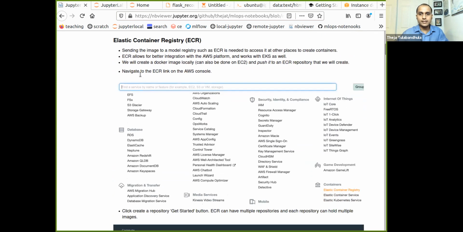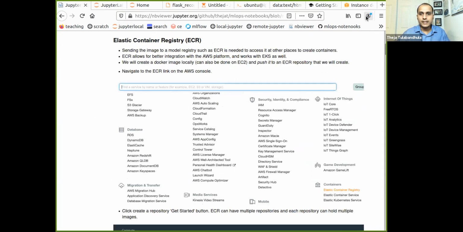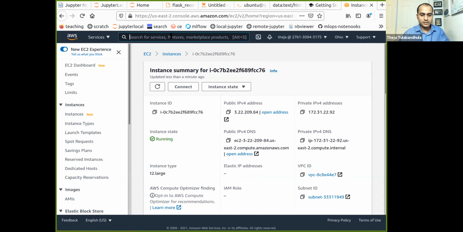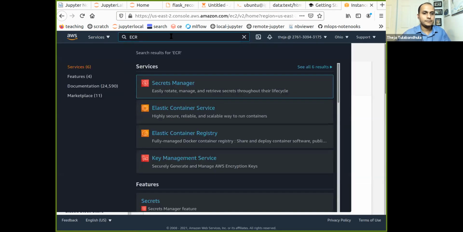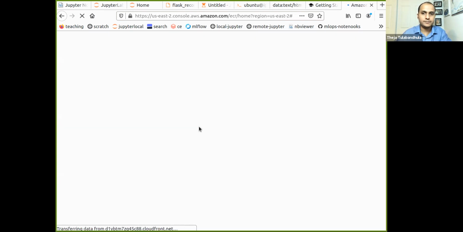To get there, let's see what the situation is. It's still installing. So to get there, let's go back here. Elastic Container Registry is what we want.